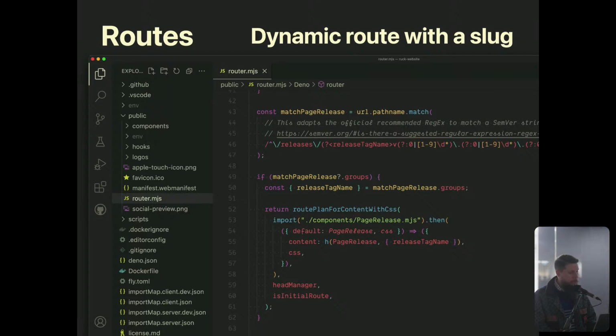Now, if you have a dynamic route that has a slug in it, now this is really cool. You can do some stuff that you can't in Next. Basically, you can match what the URL path name is in your router function, and you can pull out using regex whichever slugs you want, using whatever criteria you want. And before you go, ooh, gross, I'm having to write regex, this has a tremendously awesome benefit, because in the example that we have here, the slug is a semver for